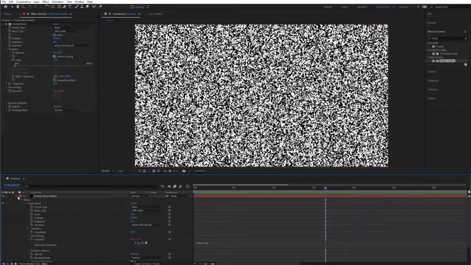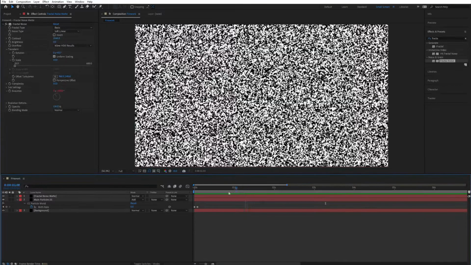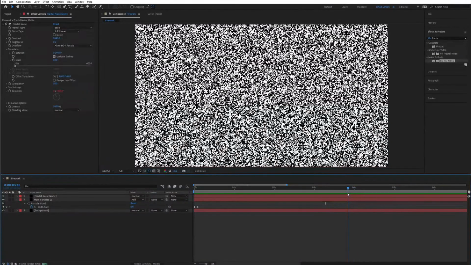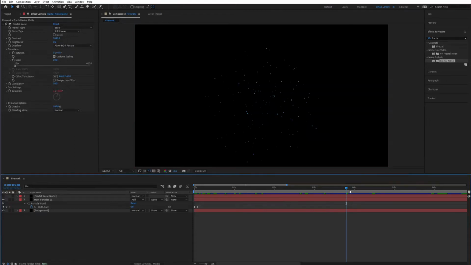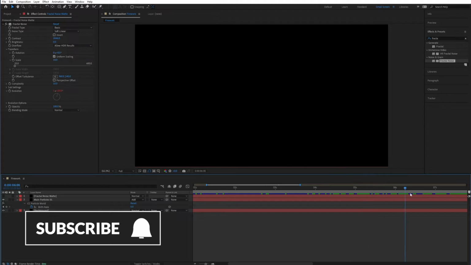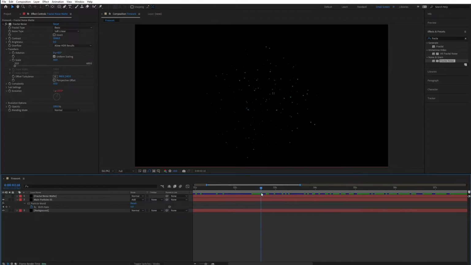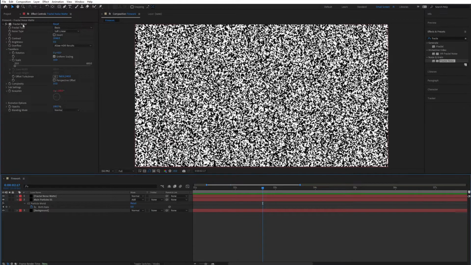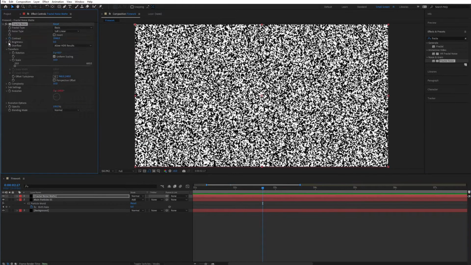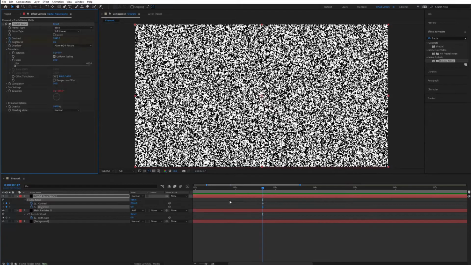Perfect. So now what I'm going to do is I'm simply going to see where I want to switch this off. So let's say, if I hide this very quickly in here, they are fading out at between 5 and 6 seconds in here, and I would like them to start flickering at around 3 seconds. So let's go back to the Fractal Noise mat, and from here I'm going to keyframe the contrast and brightness. So add a stopwatch in there, hit U on your keyboard to bring those up, and I'm going to select those keyframes and push them back to where I would like this to start in here, something around here, and